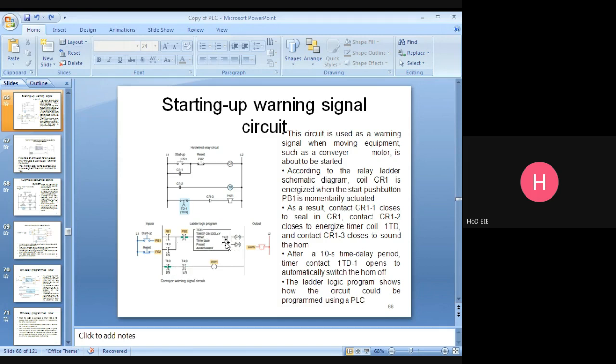At the same time, the T40 enable bit address is also given here. So this contact is closed. This one is a normally closed contact. The horn will give sound. At the same time, the accumulator value starts incrementing. I mean the timer timing bit starts timing: 1 second, 2 second. Once it reaches 10 seconds, the done bit will be energized. Here you see T40 DN. This one will be open, and the horn will be off.